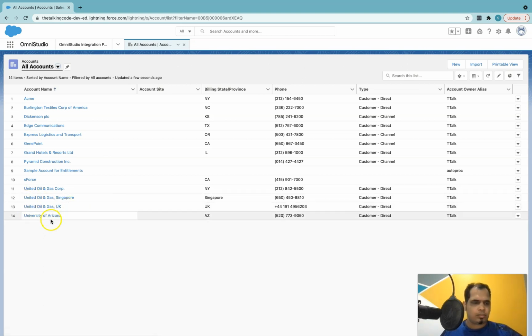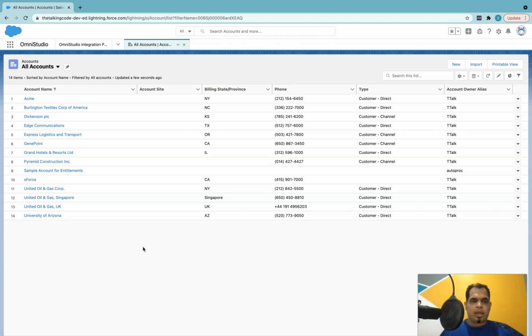I just wanted to show you how to get the data using one data raptor, then pass the specific item from the data to another data raptor and update it. And we will of course be using the integration procedure to call both the data raptors.